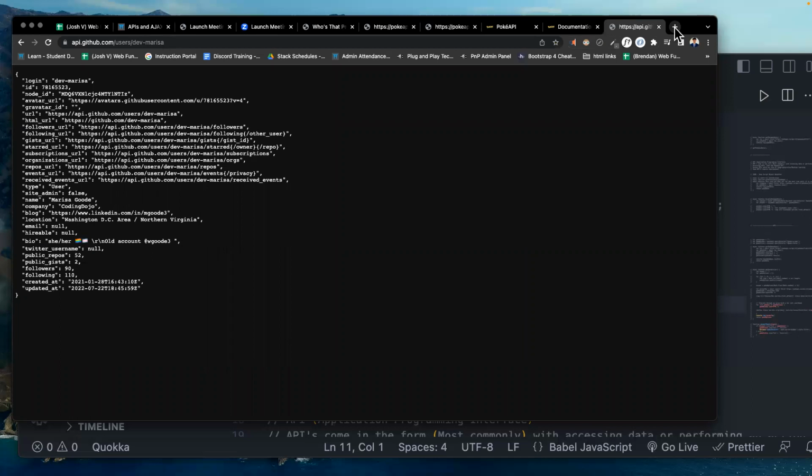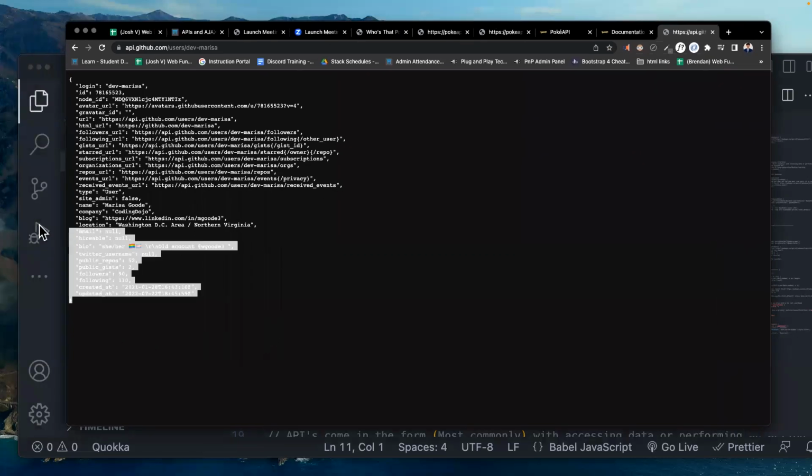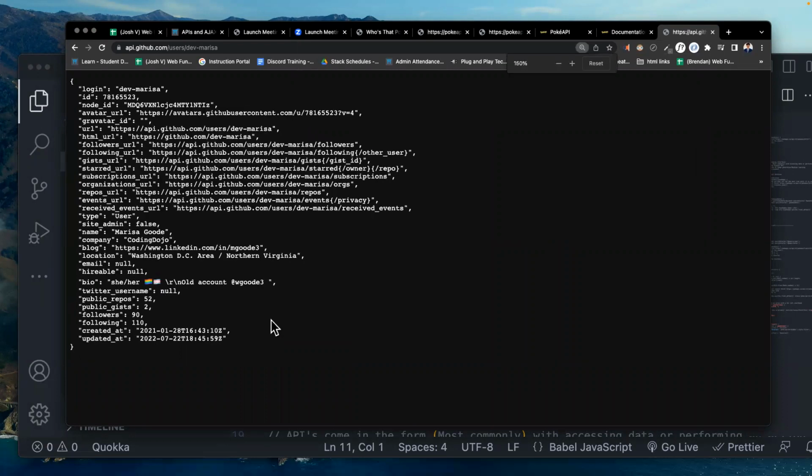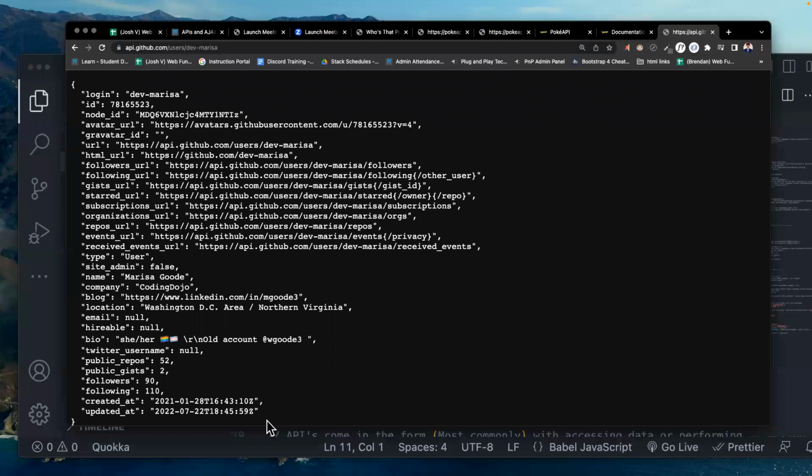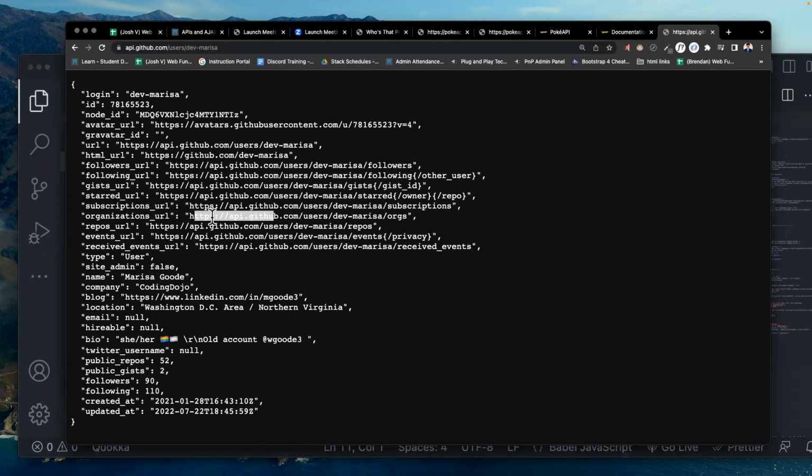if we go to this URL, what is this? What do we see here? What is this that I'm highlighting? Can anyone tell me in JavaScript what this is? When we start with the curly bracket and we separate by commas and we say on the left side something. It's an object. It's an object, right? We're separating the key and value pair by the colon. So this is a giant object.